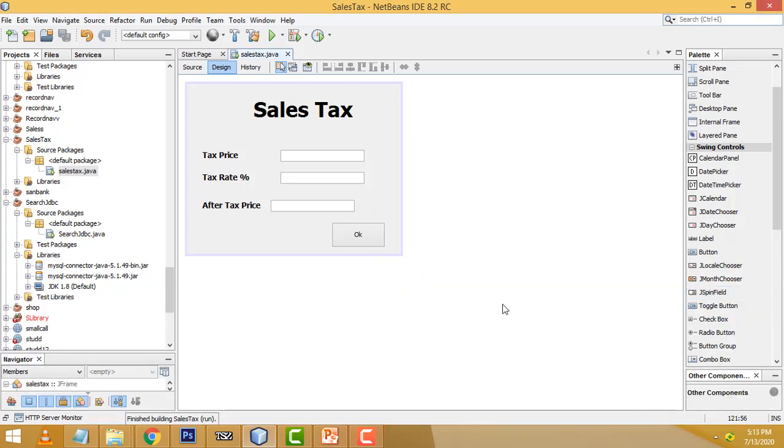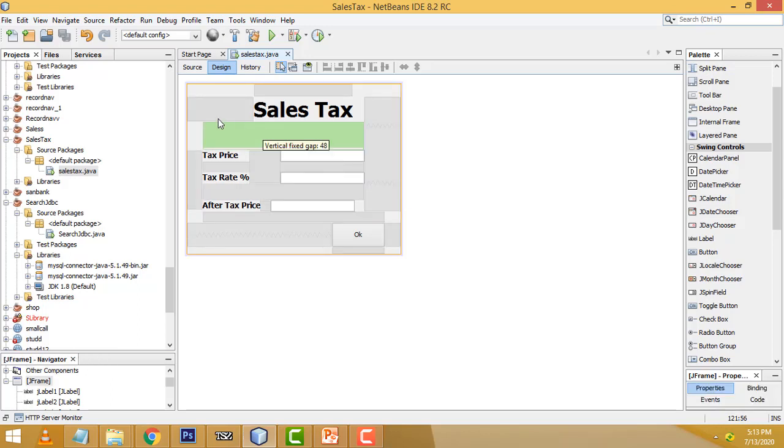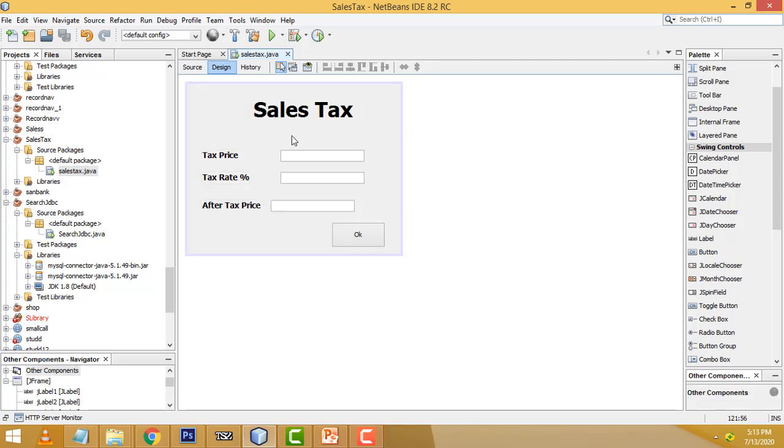I have already done how to design this frame, right? I do not need to explain from the beginning how to design this frame. I already did this in my previous tutorials also, right? If I tell it from the beginning it is so boring, so I just skip the designing part.